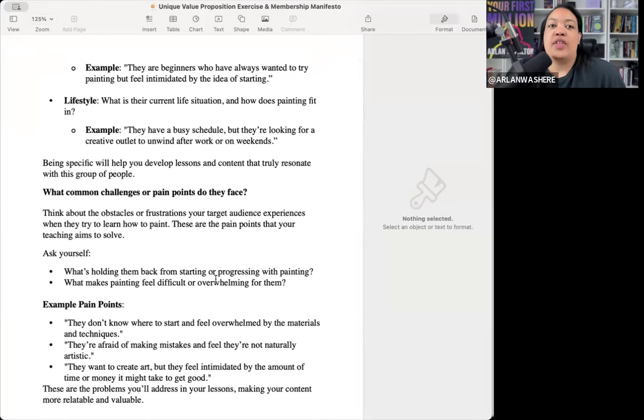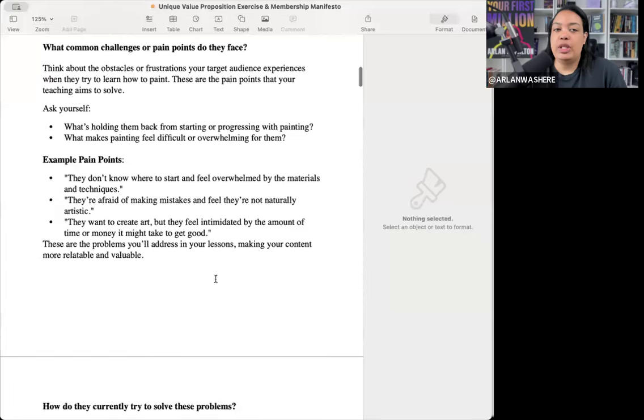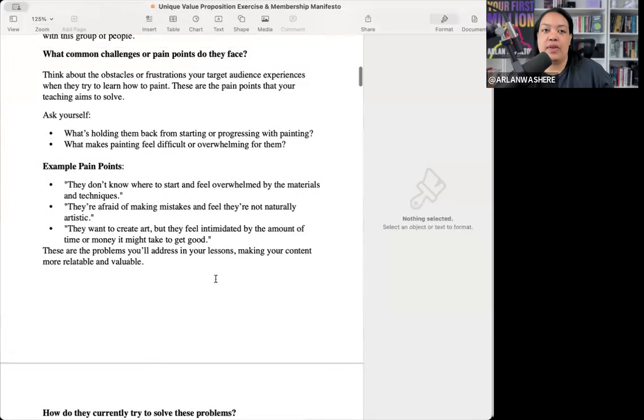For instance, they have a busy schedule, but they're looking for a creative outlet to unwind after work or on the weekends. You want to be specific so that you can know how to reach those people. And then what common challenges or pain points do they face? You'll hear that term pain points a lot with me because that's how I work when I work with startup